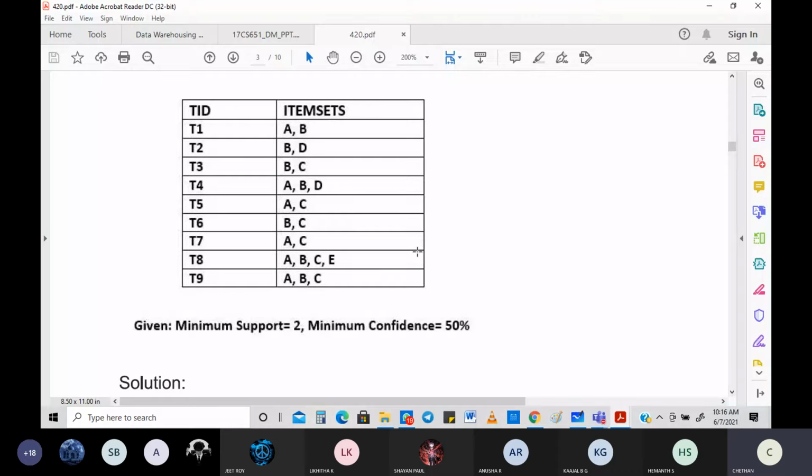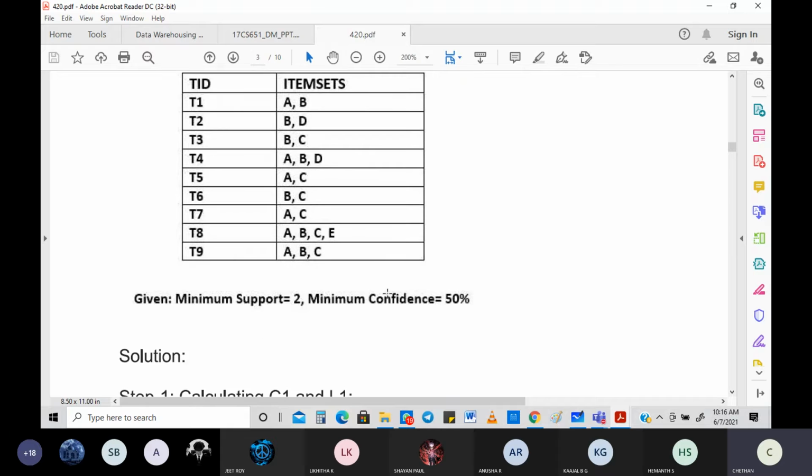We have taken the minimum support as 2. As the number of transactions increases, we generally take a lower support because there will be a lot of places where things get mixed. If you take a larger minimum support, you will not be able to get the items that are coming together. So we have taken a minimum support of 2, where the confidence level will be equal to 50%. Let's look into that.